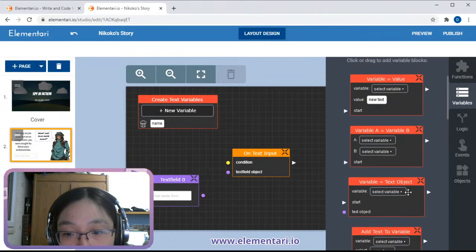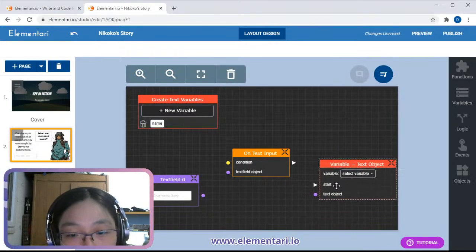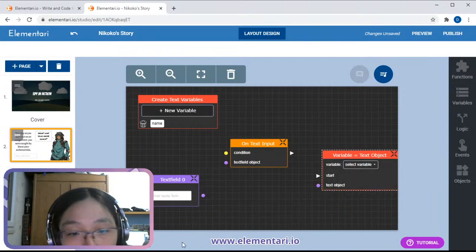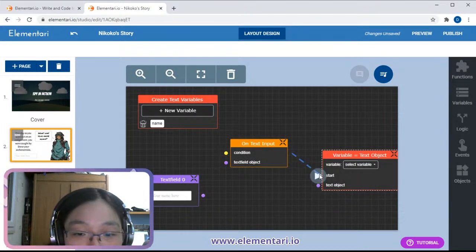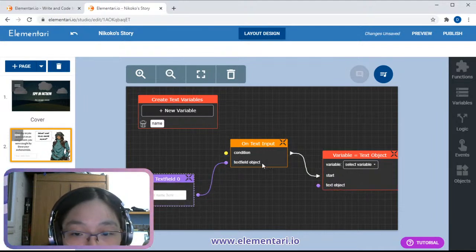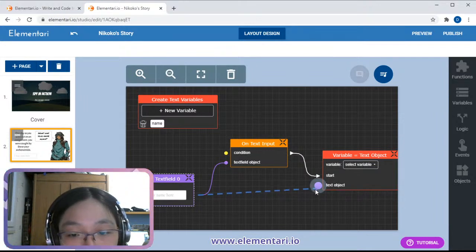So we're going to use this one, variable equals text object. That means on text input, when I finish typing in the text, I want to set the variable equal to whatever text is inside of this input field.